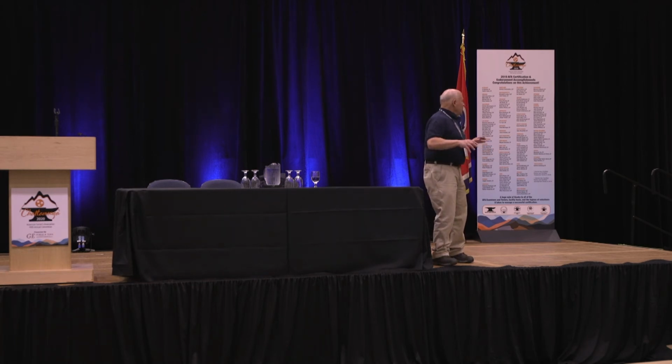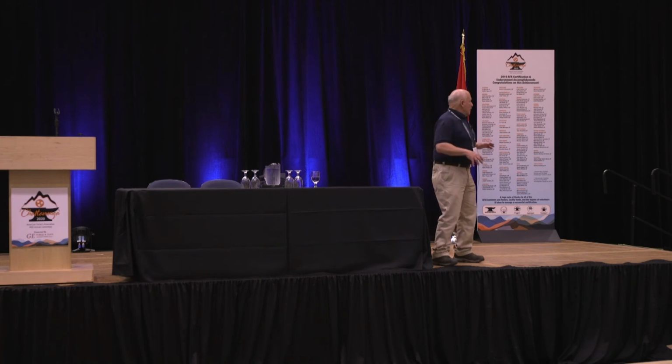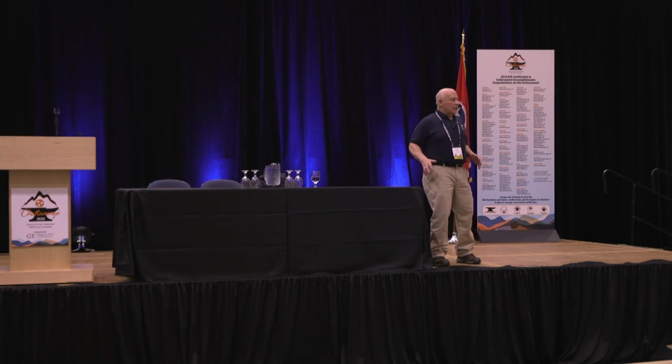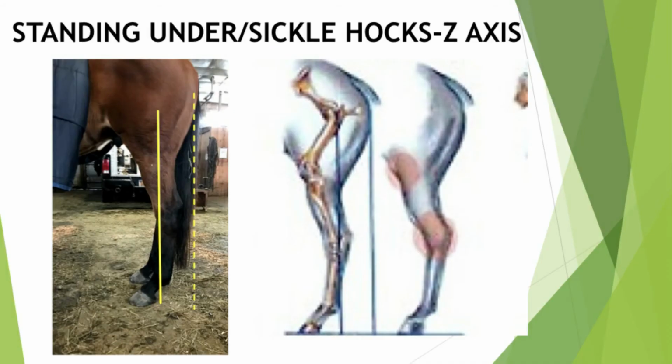Plantar is the pine. Poor thrusting ability, especially for jumping or anything where you need speed. Might make a good reining horse sliding underneath, but sometimes at a price. Next. So here's your standing under horse with two good graphics alongside it, and you can see